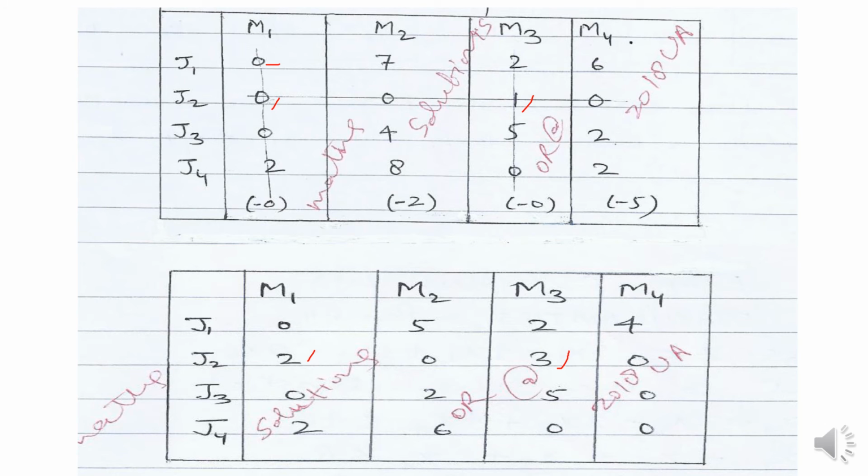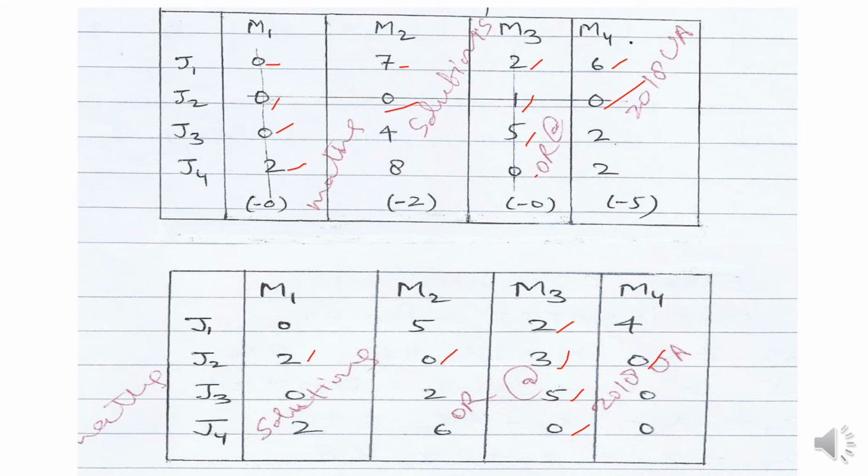Now we won't make any change where a single line is there, so this 0, 2 won't be changed, so 0, 0, 2. Here a single line is on 0, so no change. A single line is on 2, so no change. 5 and 0 have a single line, so no change on these two also, and here 0 is covered by a single line, so no change.